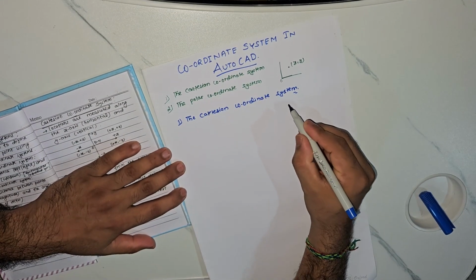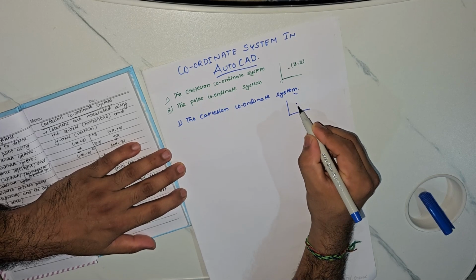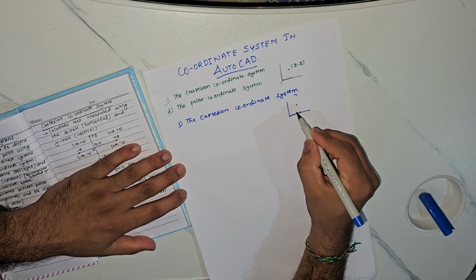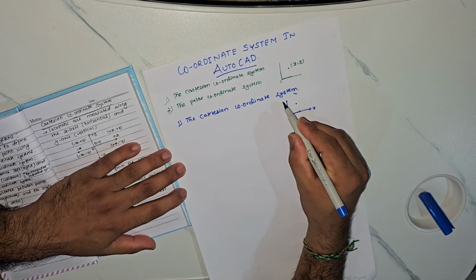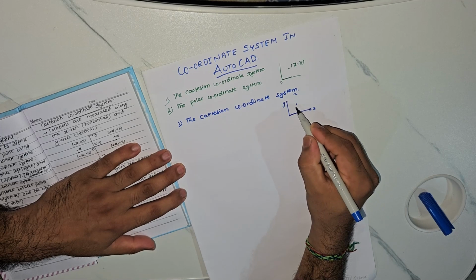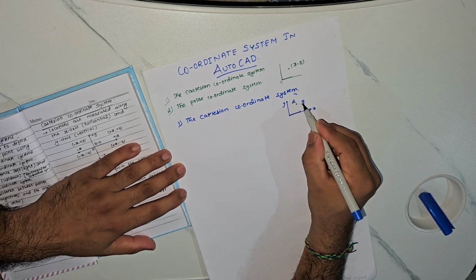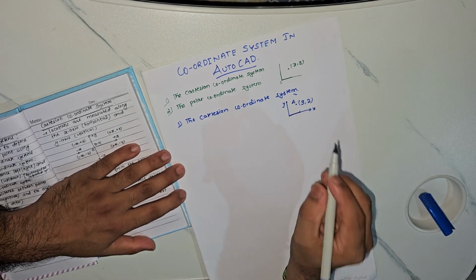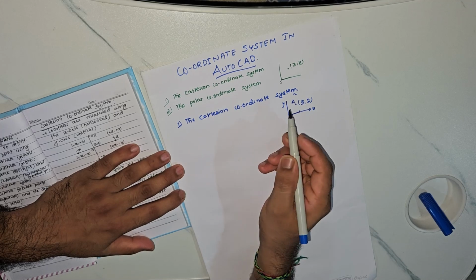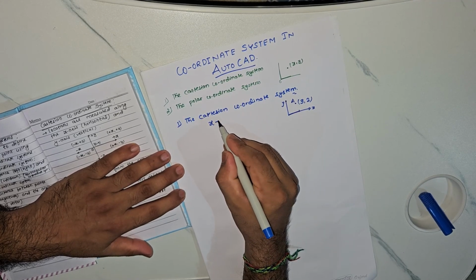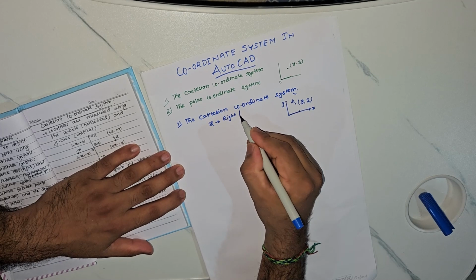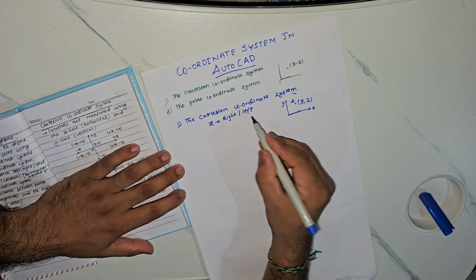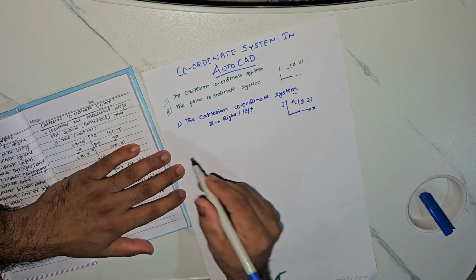For example, if you define any point, then it will have a certain x coordinate and a certain y coordinate, that is how far this point will move in x direction and how far this point will move in y direction. Suppose the point A moves 3 units in x direction and 2 units in y direction, then the coordinates of point A will be 3, 2. So this type of coordinate system is known as the Cartesian coordinate system, in which the x distance is used for right or left. If it is right, the value of x is positive, and if it is moving towards the left from the origin, the value of x will be negative.